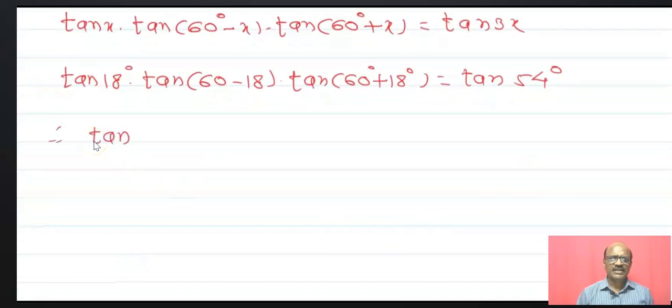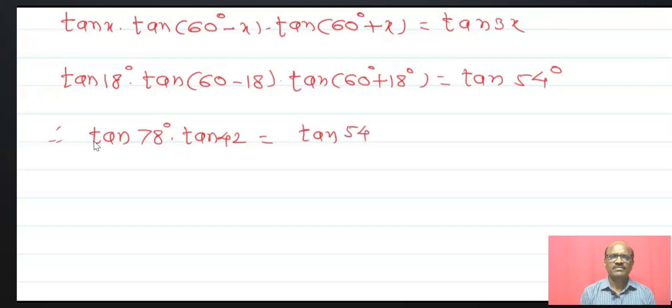And that's why tan of 78 into tan of 42, that is 60 minus 18, and that is equal to tan of 54 upon tan of 18. Therefore,